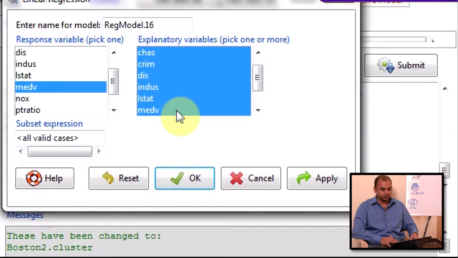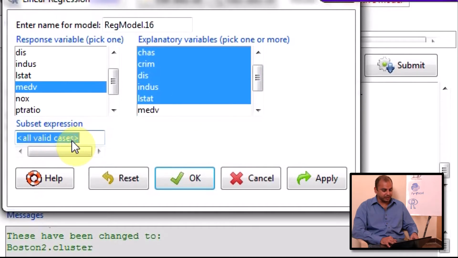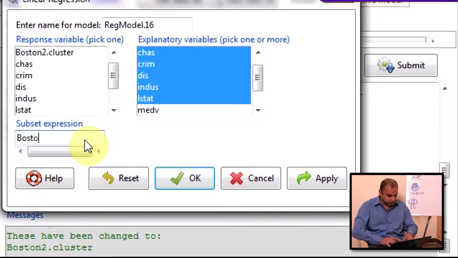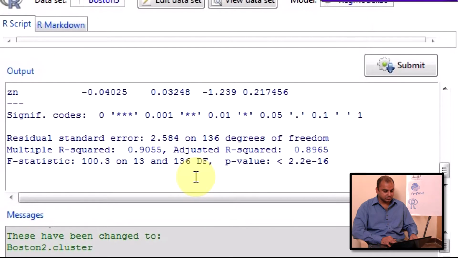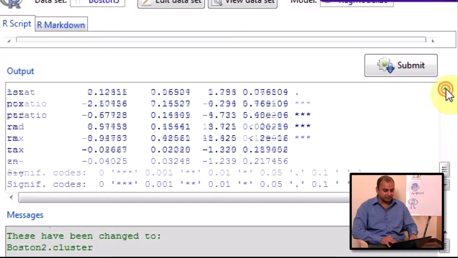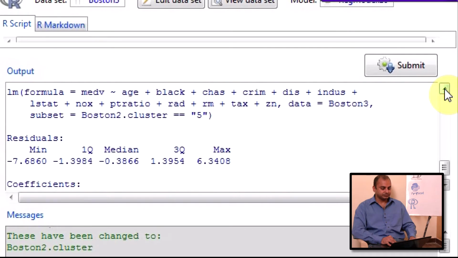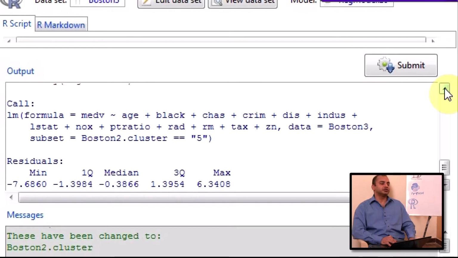So I need to remove that. In the subset, I need to say Boston 2 dot cluster equal to 5. This might give me very different results, right? So this is an approach called cluster segmented modeling. I've built clusters, then I've built models specifically on each cluster.